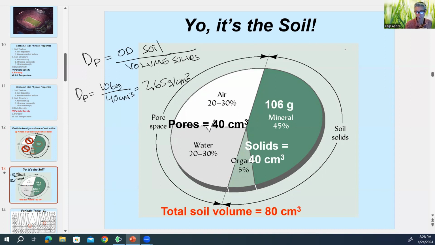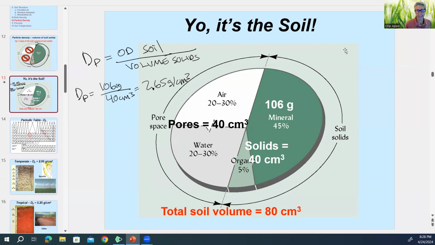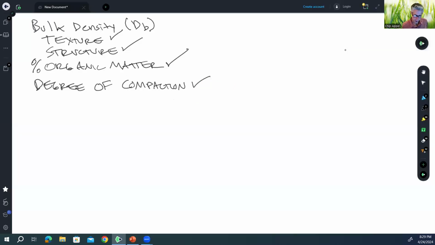And that is not surprising, because that's the particle density of most of the soils that we encounter in temperate region soils. We live in a temperate region here in San Luis Obispo, and almost all the United States is in the temperate region. Whereas bulk density changes as a function of texture, structure, percent organic matter content, and degree of compaction,